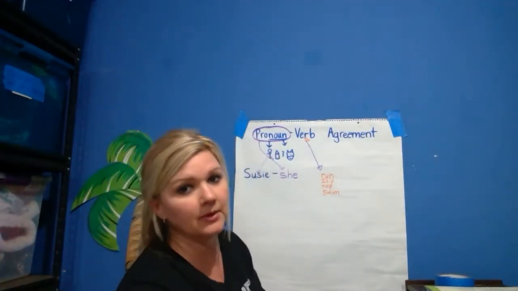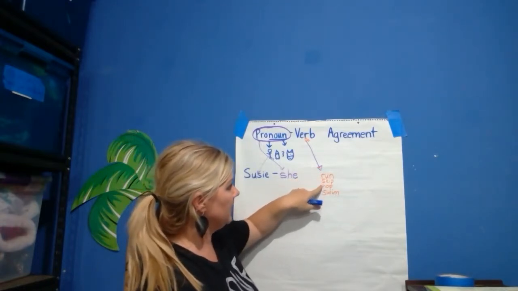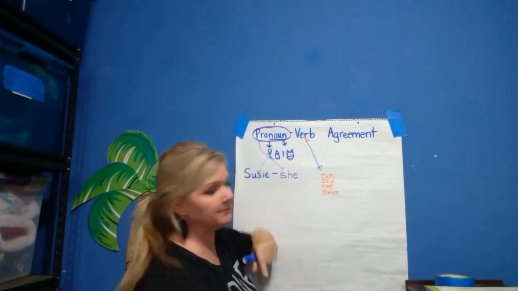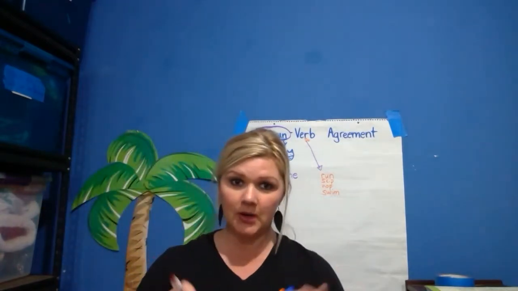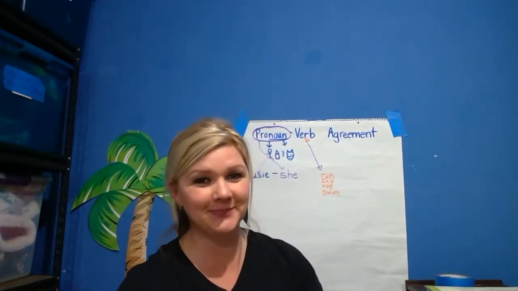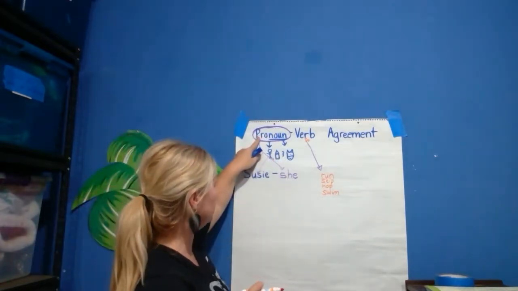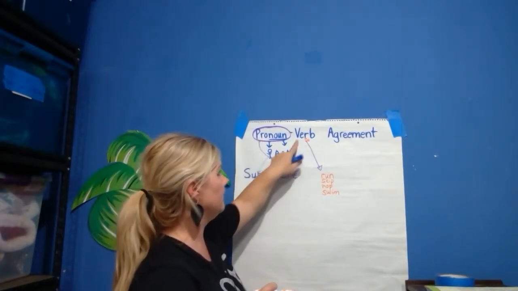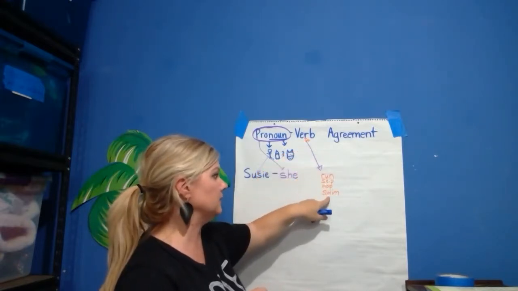I'm pretty sure I made those kind of tiny and I really apologize for that, but hopefully you can understand. Run, skip, hop, swim. I tilt my head because I feel like I need to, but I don't know why I need to in the video. So sorry about that. Okay, so again, we have our pronouns. A pronoun replaces the name of a noun. A verb is something that you can do, like run, skip, hop, and swim.